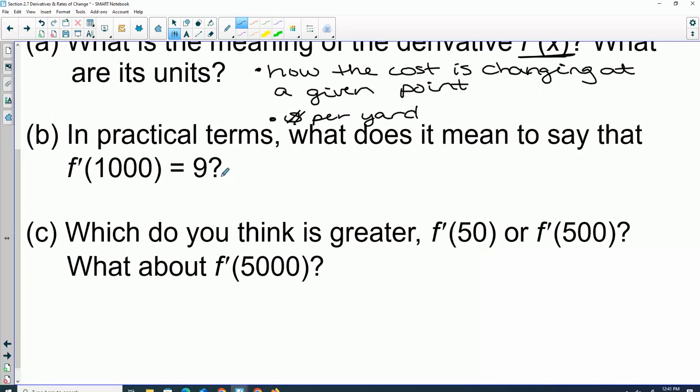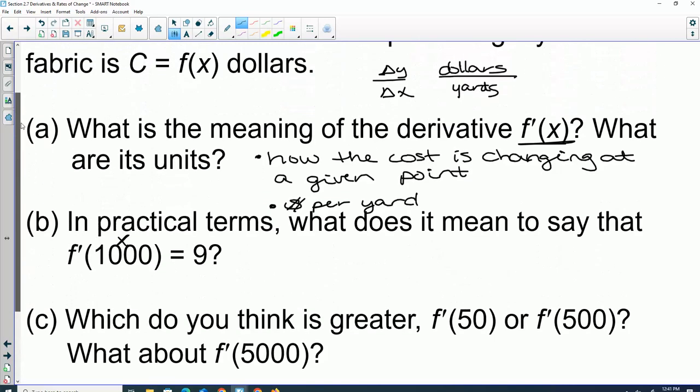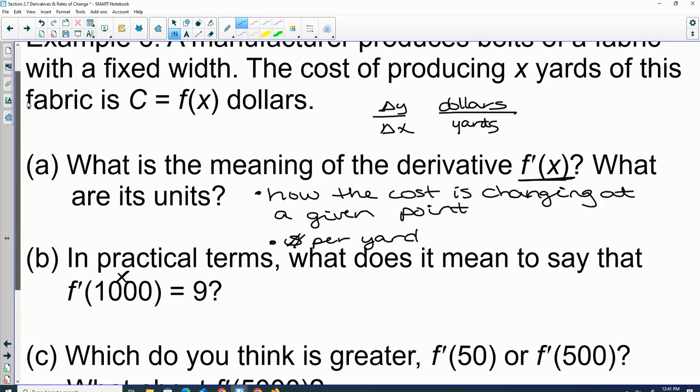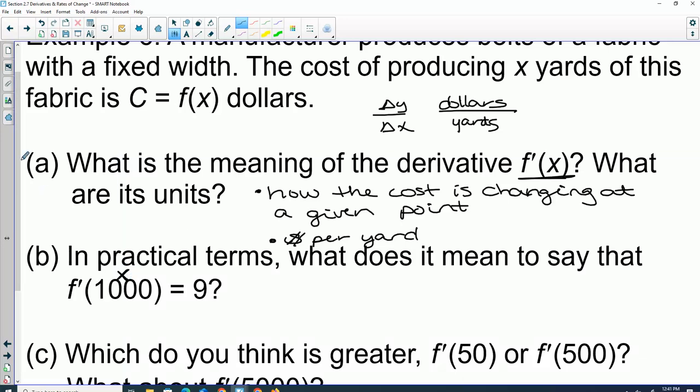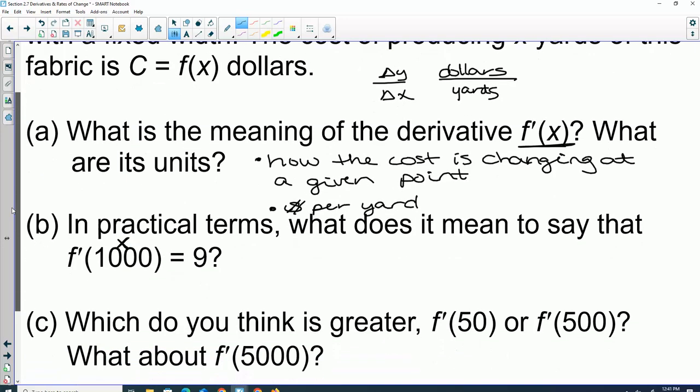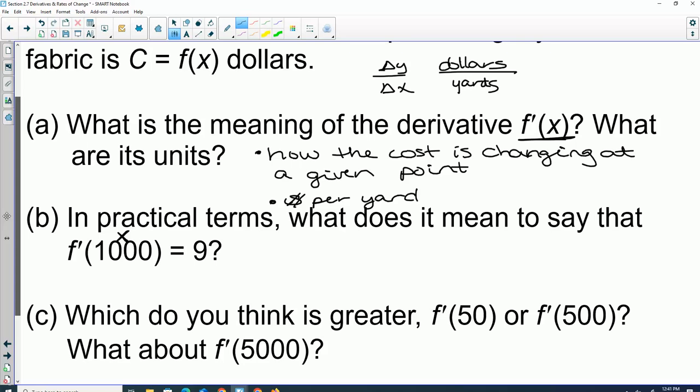In practical terms, what does it mean to say that f prime of 1,000 equals 9? 1,000 is the x. What does x represent? Yards. But it's not telling us the cost. It's telling us how the cost is changing. So it's saying when 1,000 yards are produced,